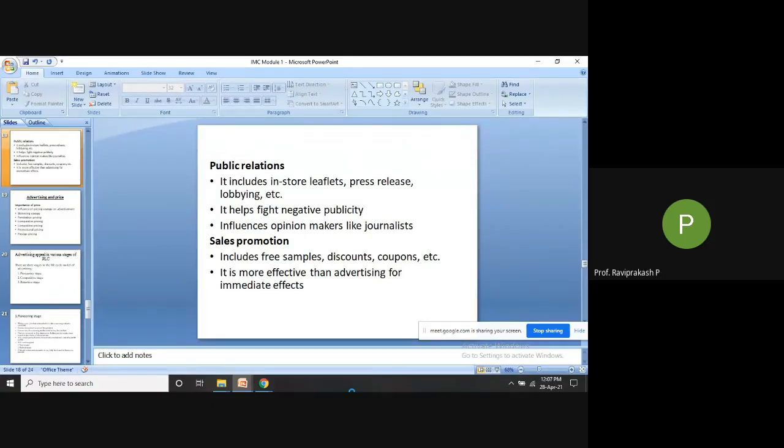So it helps in fighting negativity publicly. If some news has come that could be harmful or negative to the company, or it may not be true, then to avoid that, companies go public. They have a press release and say, okay, whatever things are being said or claimed about my product are absolutely wrong. It's not that. If you want, these things are the proof of it, if they have proof. So all these things are being done.